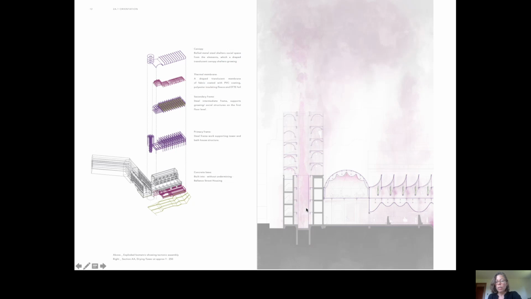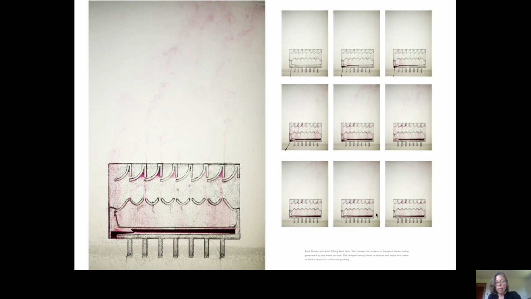The project is explored at the building scale in terms of all of these complex thermal exchanges, as well as at the scale of the detail with these various draped tectonics, and an architecture that's really as much about steam, condensation, and heat as it is about physical architectural materials. And she tested some of those profiles back in the filling tank, returning to the original intent of the environmental model as a mode of